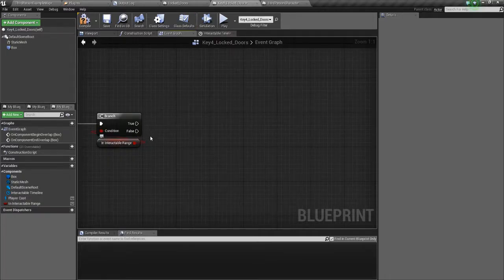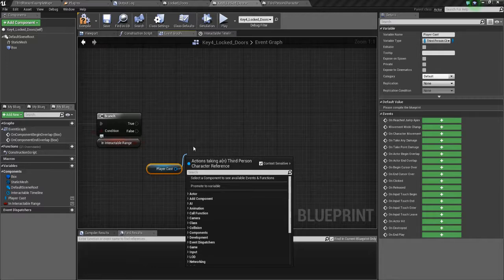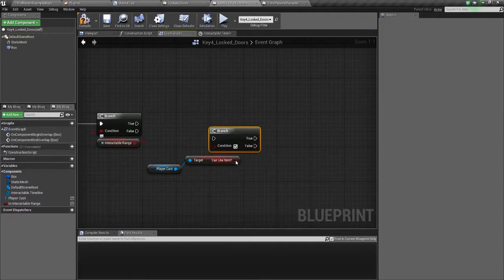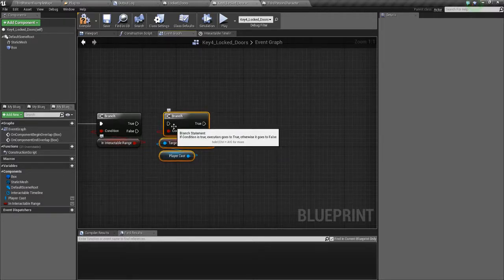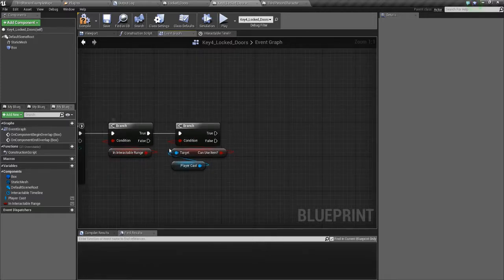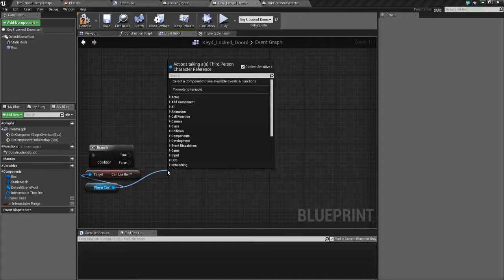So we're going to say, well, can the player use an item? So can use item, we're going to say if the player can use an item. We're just double checking ourselves to make sure nothing runs when it's not supposed to. So if they are in interactable range and they can use an item and they have used an item,